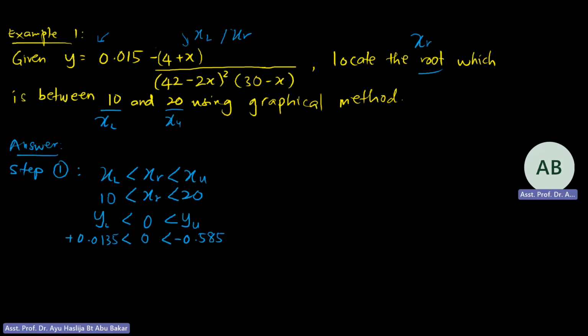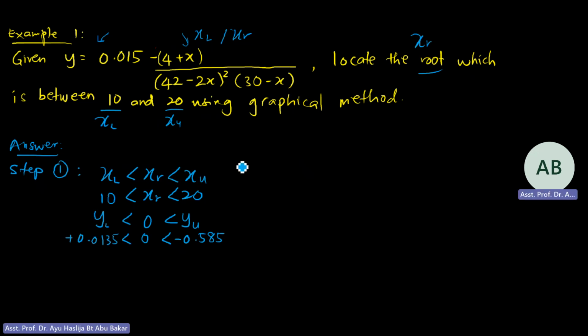Okay, you see the difference, positive and negative. Lower, you will have positive value. Upper will have negative value. So it crosses the zero line. That is when you need to find the XR. Okay. Now from there,